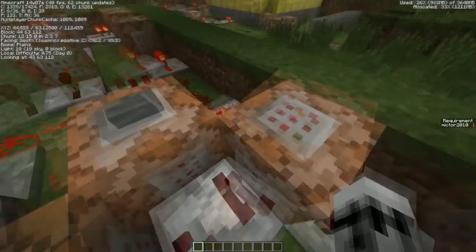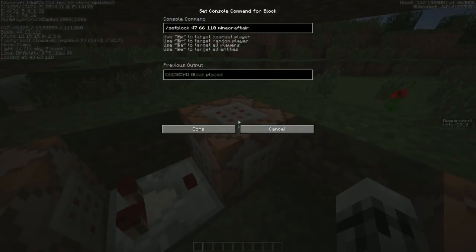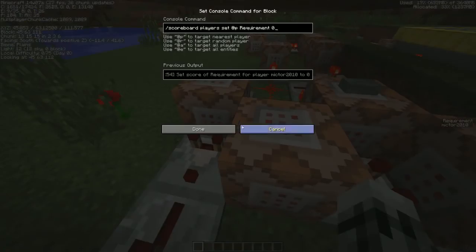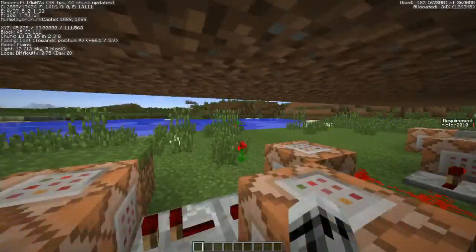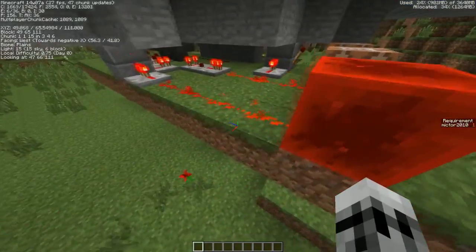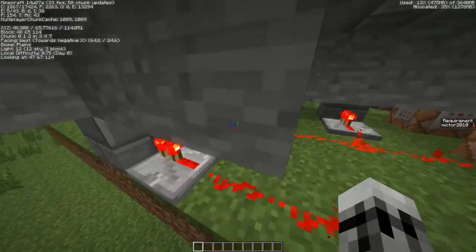Then this command is testing to see if a player has a requirement of 3, which is what you need to get into the room: requirement to walk past the door 3 times, which then resets the player's requirement score to 0. I'm sorry, this doesn't set it to air, this sets this redstone block here to air, which in turn turns this off and causes...